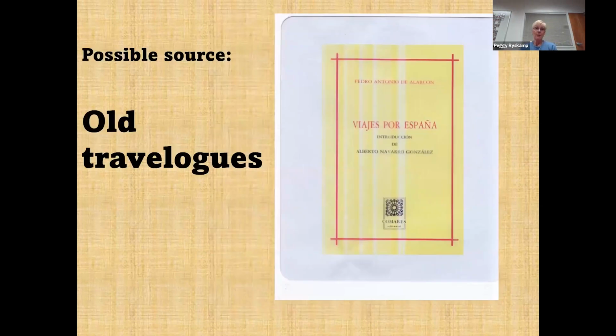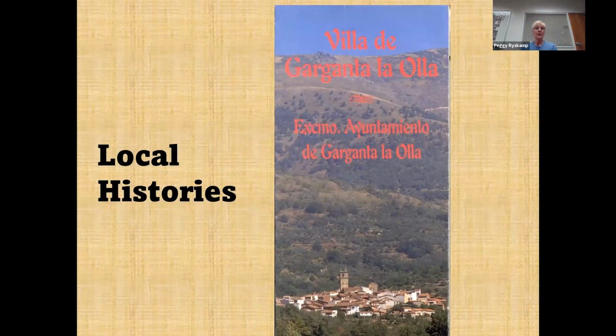Not many people traveled earlier than today. And so old travel logs were a very popular way for people to learn about other places. And people who traveled actually were in a way celebrity. Mark Twain wrote a lot about his travels. Local histories. This is a local history produced by the school teacher about Garganta La Olla. Other towns,